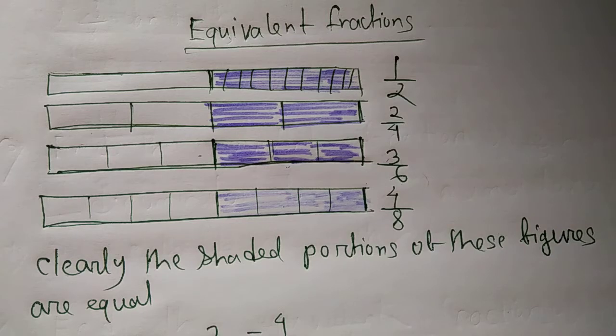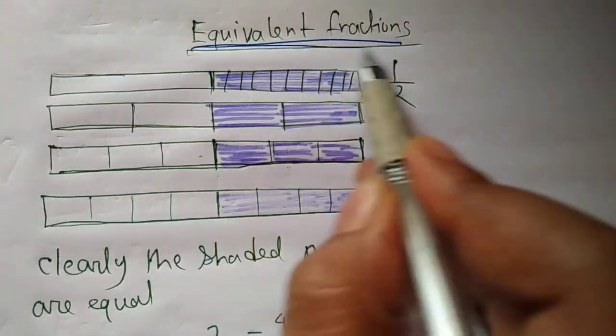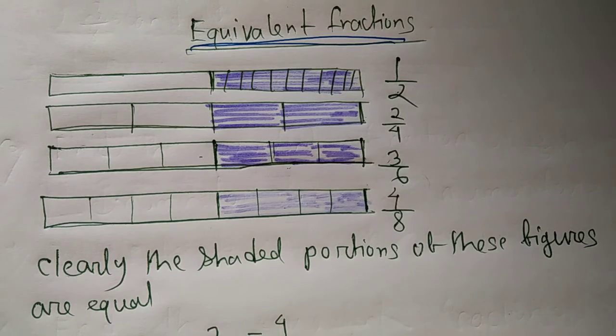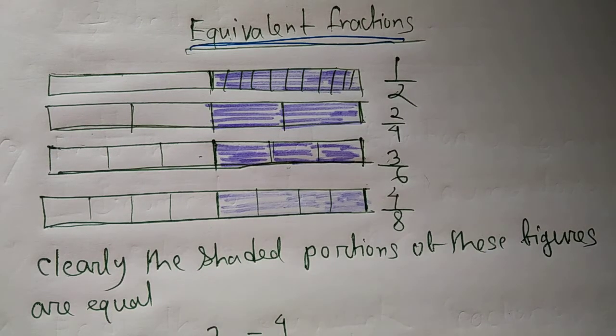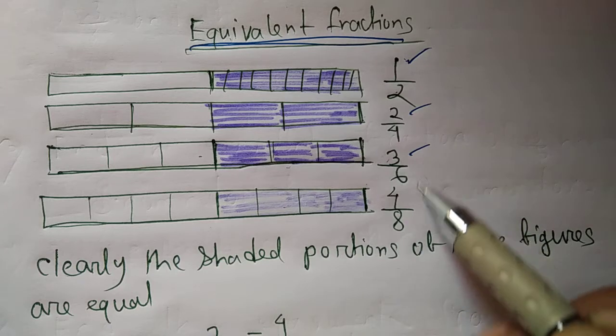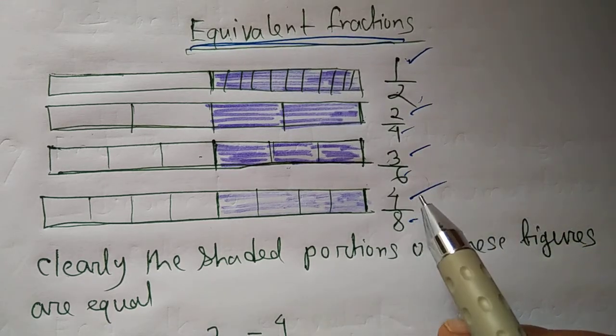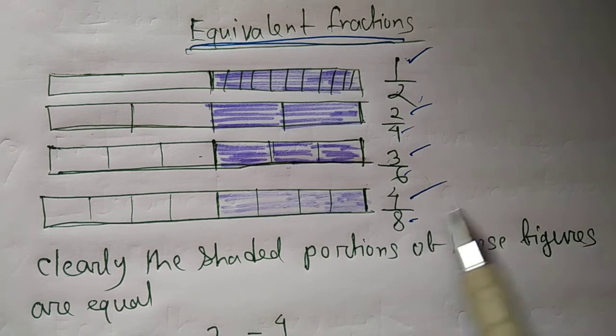Today we learn about equivalent fraction, reduced form, shortest form and numerator, denominator, etc. So first of all we learn about equivalent fraction. Okay, so what is equivalent fraction? Equivalent fraction can be defined as fractions that may have different numerator and denominator also, but they represent the same value.